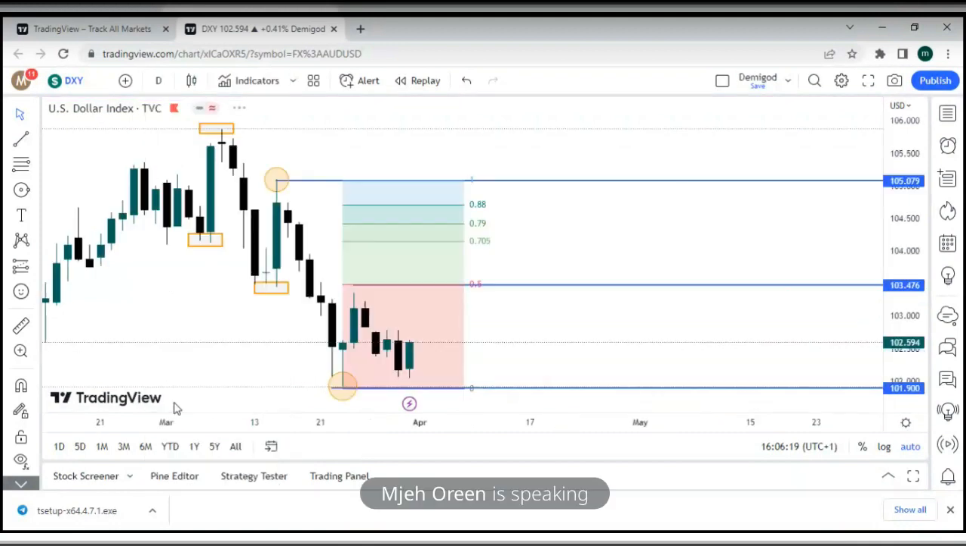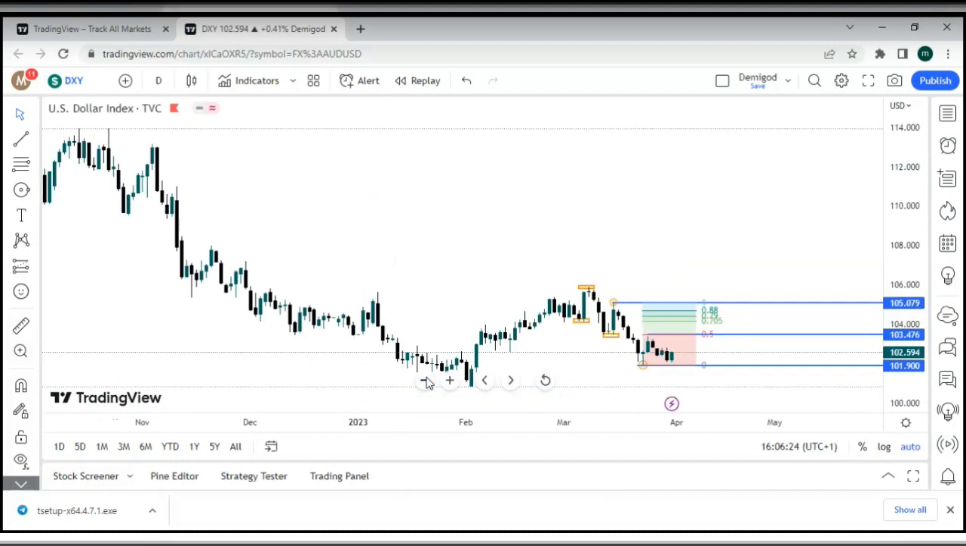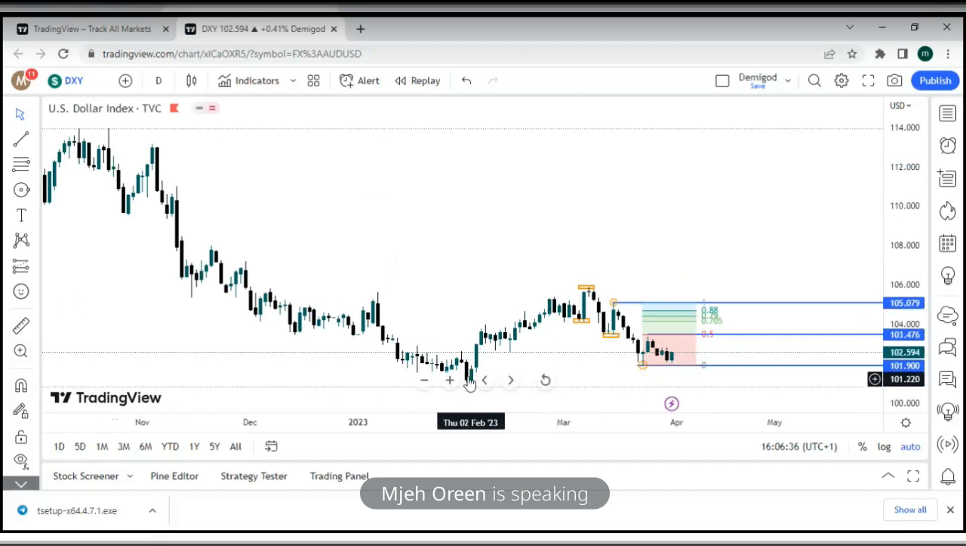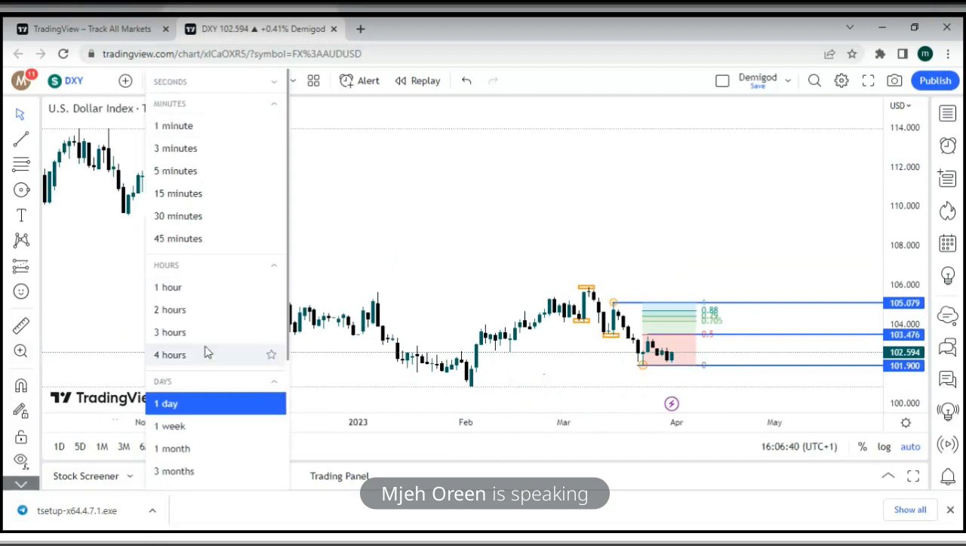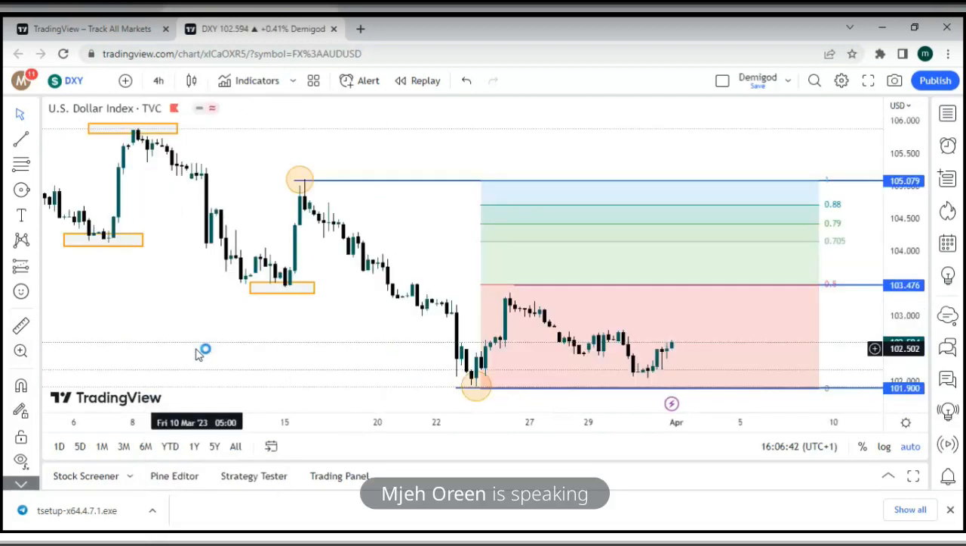Let's look at the daily time frame. That's for the weekly time frame. This too, you can look at the volume that we have here. All this retracing back into this. We should have the dollar go bearish. But if you want to operate using the 4-hour time frame,